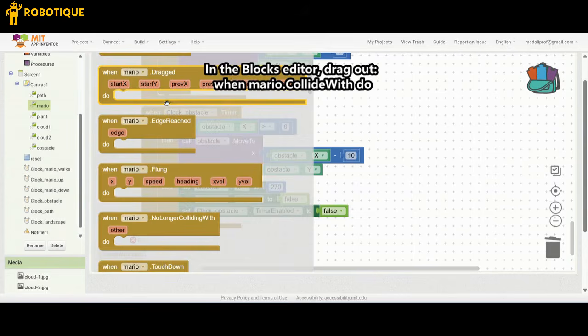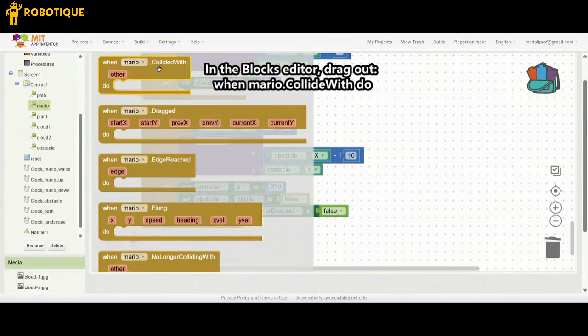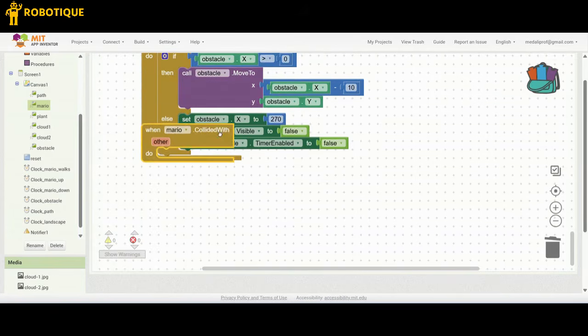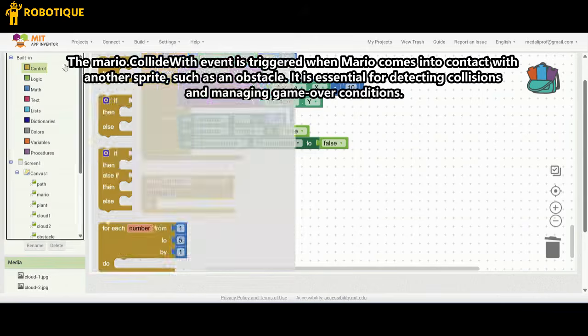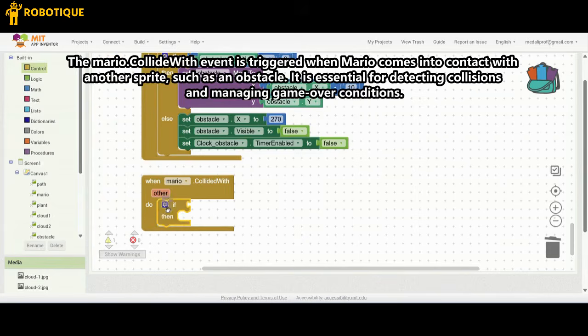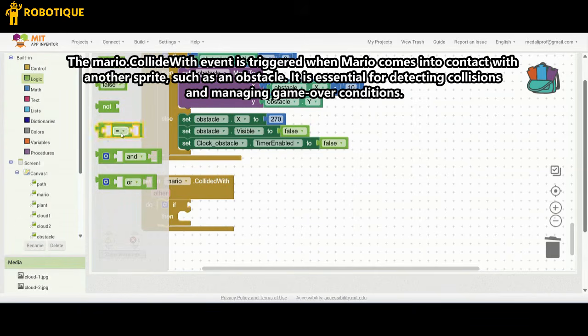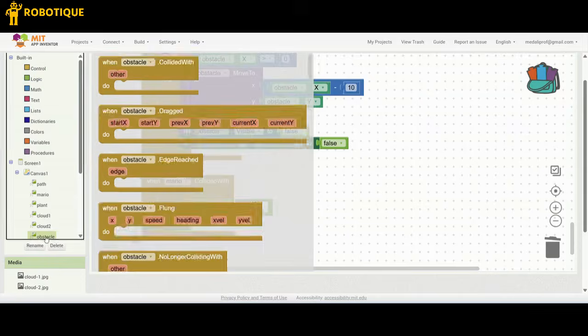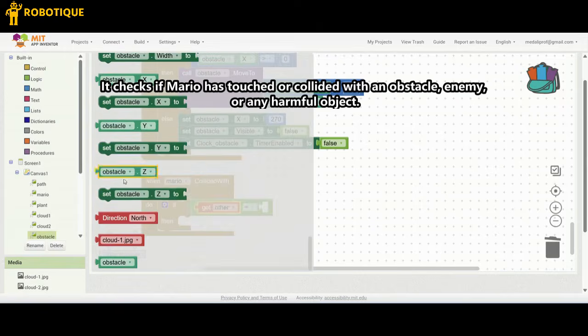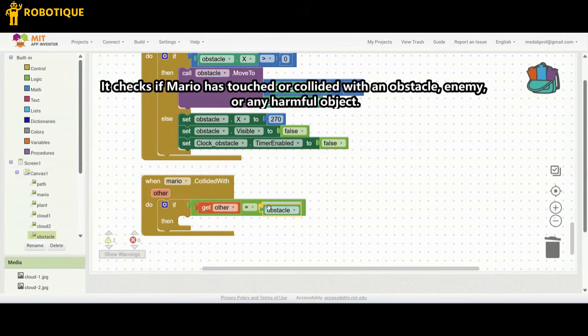In the blocks editor, drag out when Mario.CollidedWith do. The Mario collided with event is triggered when Mario comes into contact with another sprite, such as an obstacle. It is essential for detecting collisions and managing game over conditions. It checks if Mario has touched or collided with an obstacle, enemy, or any harmful object.